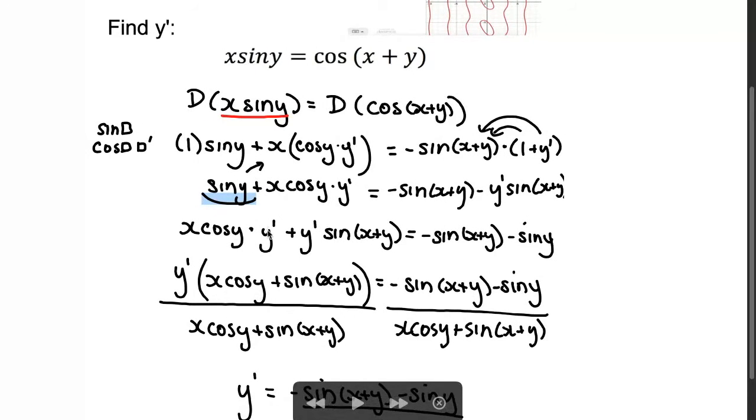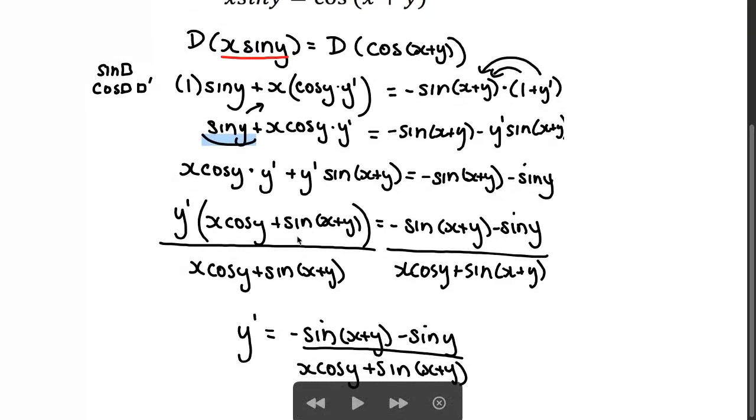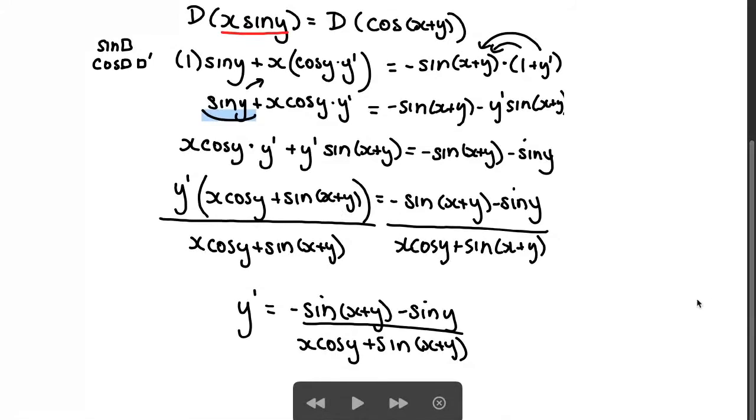And when I take y prime and factor it out of this expression here, I end up with x cos y. And when I factor it out of this here, I end up with sine of x plus y. So I'm going to have this left over once I factor out my y prime. And to get my y prime by itself, I simply have to divide both sides by this expression. So if I divide this side by that expression and this side by that expression, I end up with